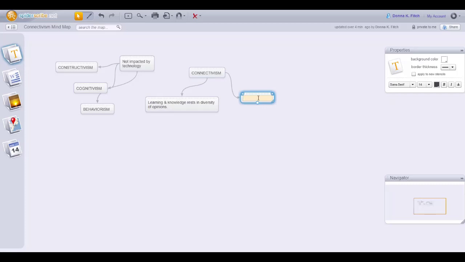I continue doing this, and you will notice, and we'll do something with background color a little bit later, but when you're typing, it's a different color. It comes up as orange, but then it changes to white. So now I've drawn down another arrow to make another node,